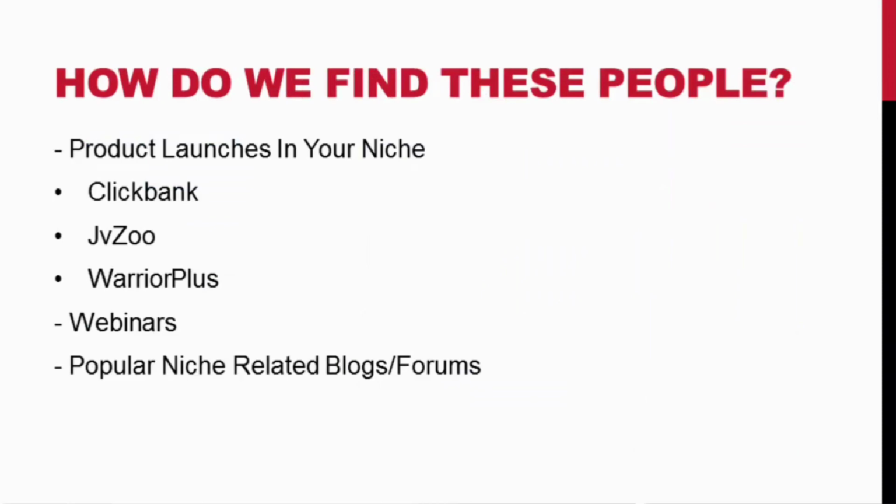Well, there's multiple ways. Product launches, every niche has people launching information products and things like that. So you can head over to clickbank.com or JVZoo or Warrior Plus or any kind of affiliate network and search for all the different products they offer. Especially ClickBank, they have products in every single niche, so you can head over there and find all these people in your niche that have successful products. Contact these people and see what it would take for them to send out your email.